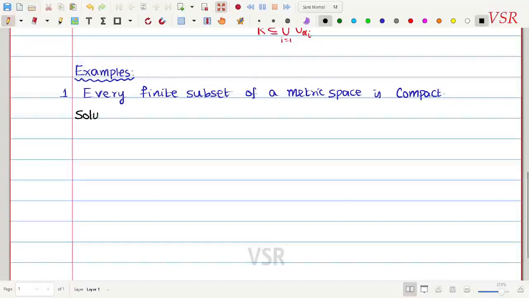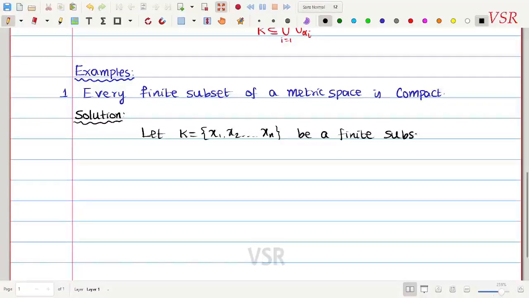ஓகே, சொல்யூஷன். என்ன அப்படின்னா, that is, let K which is equal to, it is a finite set, so x1, x2, dot dot dot xn, be a finite subset of set of X. Okay, X ங்கிறது ஒரு மெட்ரிக் ஸ்பேஸ். அந்த மெட்ரிக் ஸ்பேஸ்ல நான் என்ன பண்ணிருக்கேன், ஒரு finite subset எடுத்திருக்கேன். Okay, then we need to show that K is compact. So to prove K is compact